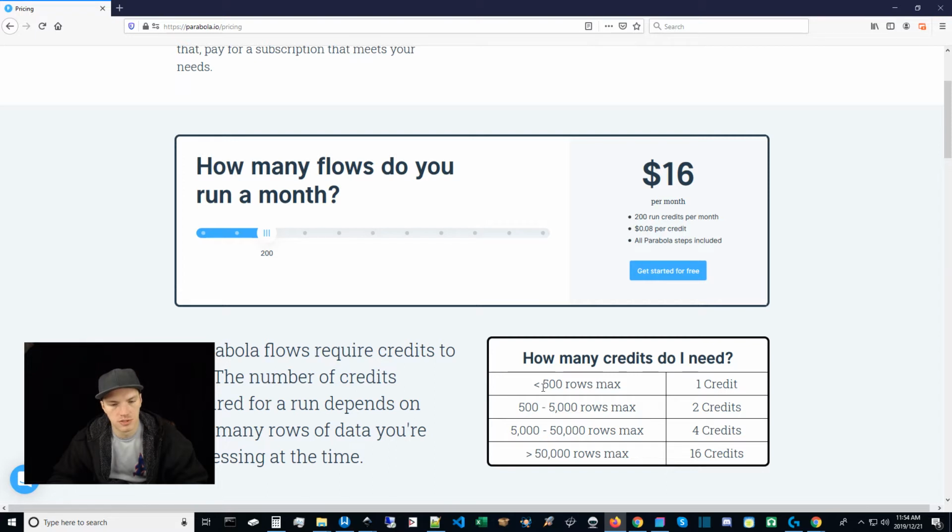In some cases, when you're sending a large number of texts, like let's say you're sending 1,000 texts, then obviously you're going to jump up to 2 credits for that run. But whenever you're importing or exporting, you need to be mindful of, okay, am I getting as close to 500 rows as possible? Or if I'm going to be above 500 rows, am I getting as close to 5,000 rows as possible? Because you really want to make the most out of the credits that you're using. So I think that the $16 a month plan is pretty good